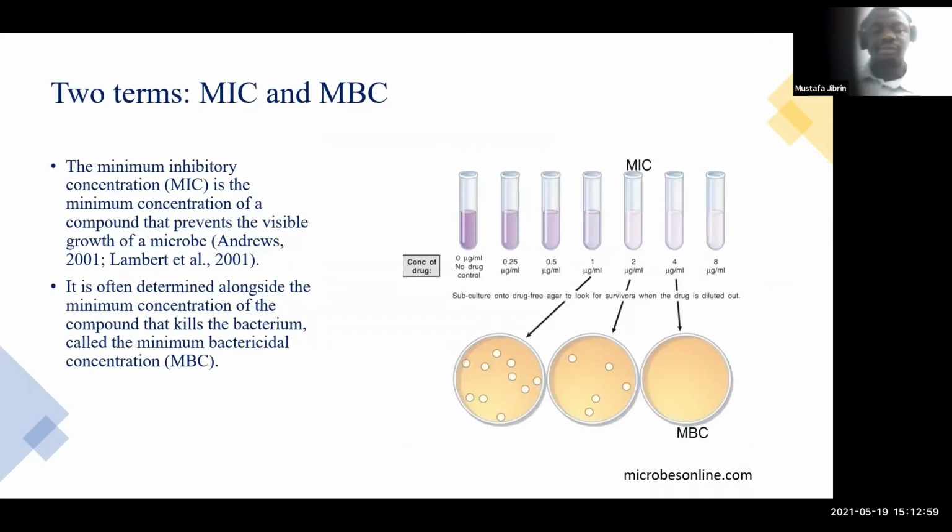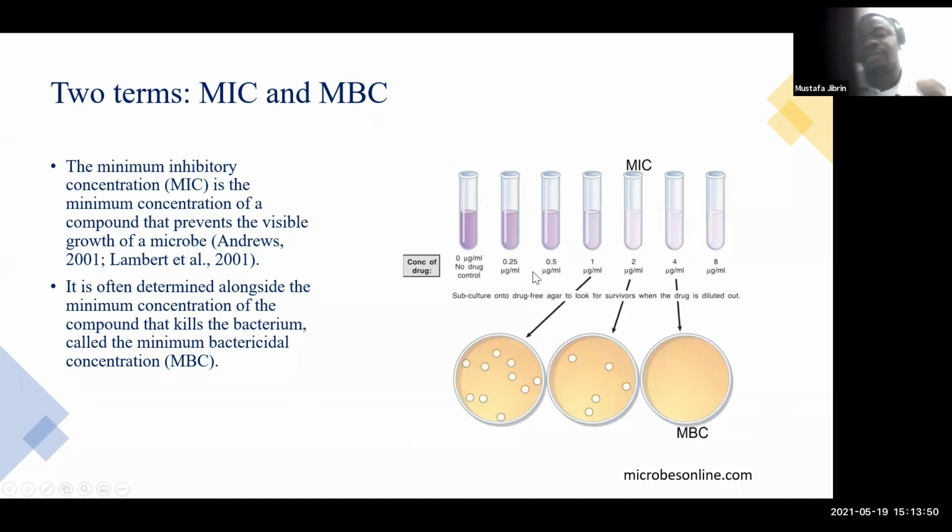So 2 terms I'm going to use often in my presentation are MIC and MBC. MIC is short for minimum inhibitory concentration, which is the minimum concentration that prevents the visible growth of a microbe. So for example, if you have a chemical applied to a microbe, it is not just immediate, it's at different concentrations. Not all concentrations are going to kill the bacteria, and not all concentrations are going to allow for visible growth. So for example, if you have 8 micrograms per mL, 4 micrograms per mL, and 2 micrograms per mL, with all these concentrations down to where you did not apply any drug,